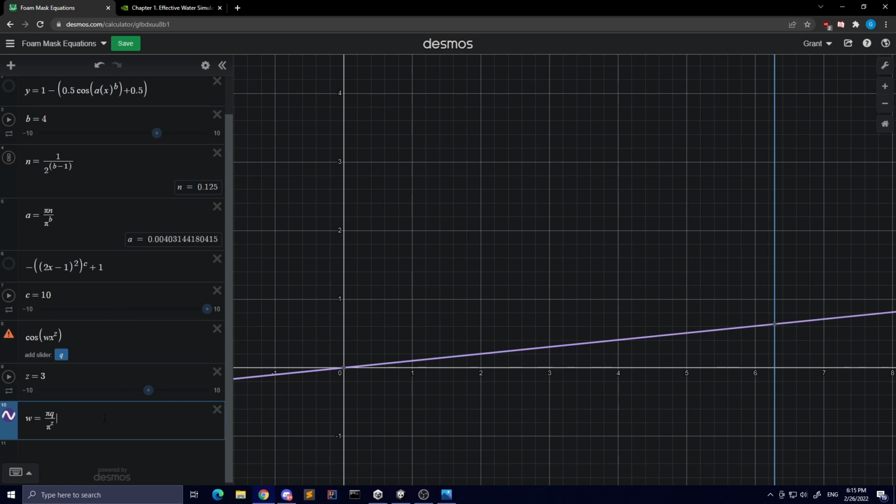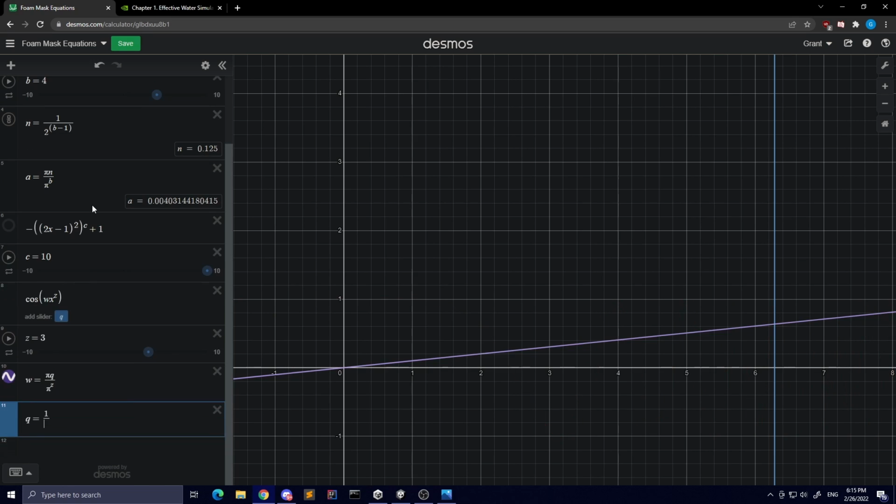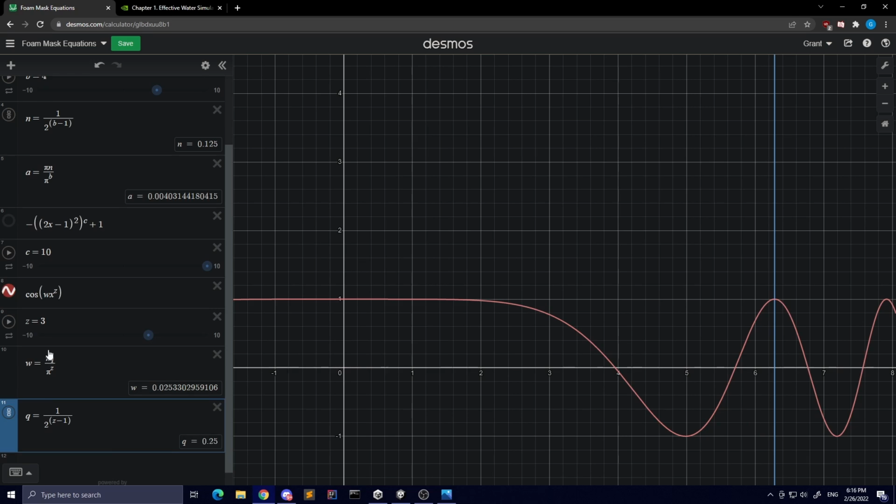So we have this slope right here. And then if we want to calculate q, which in this case is equivalent to n, q is equal to 1 over 2 raised to the power of, again, this will be our crest fall off variable, which is z, so z minus 1,